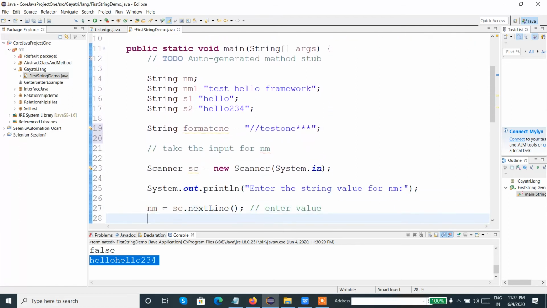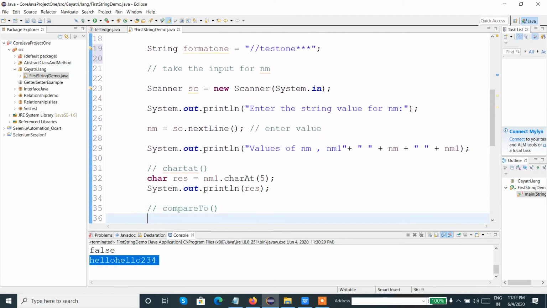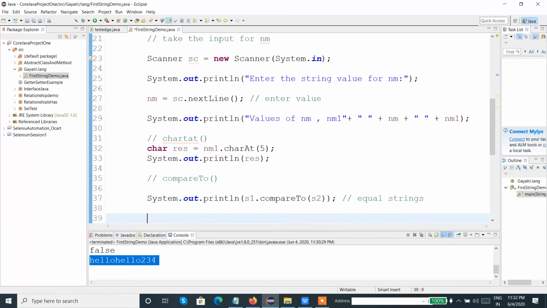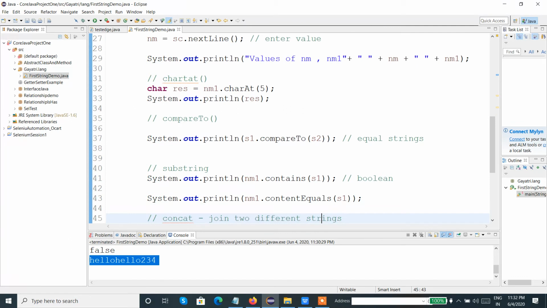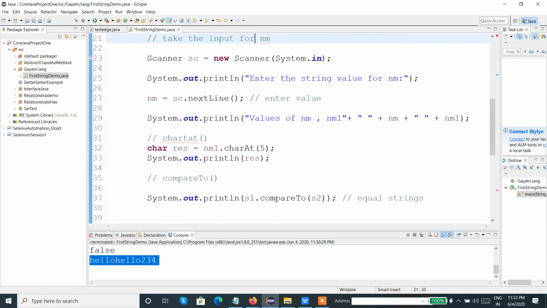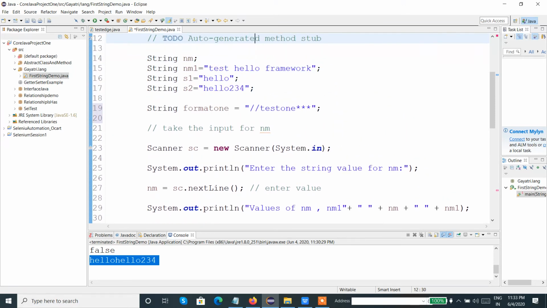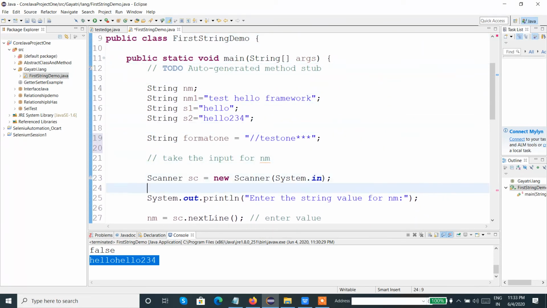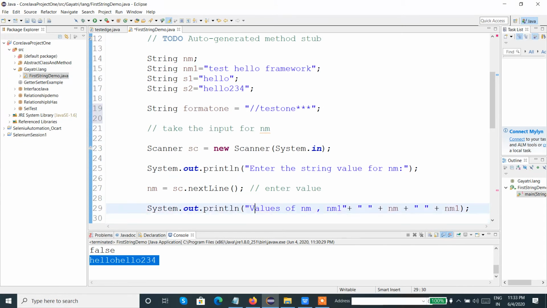Now I need to check whether the string has started with double slash and ended with 3 stars or not. What is the name of the string? The name of the string was format 1.